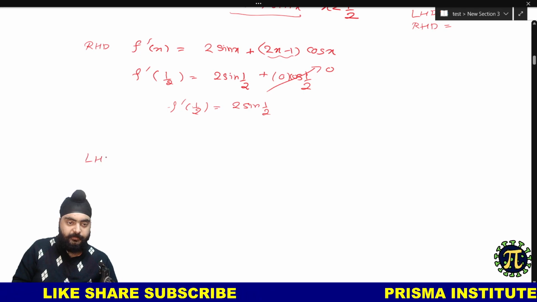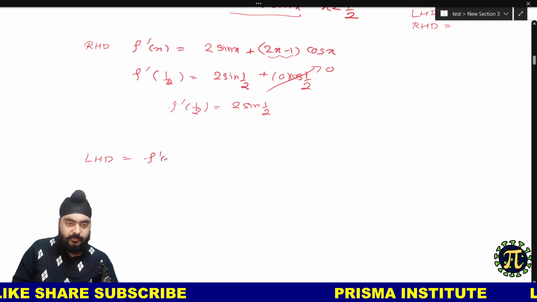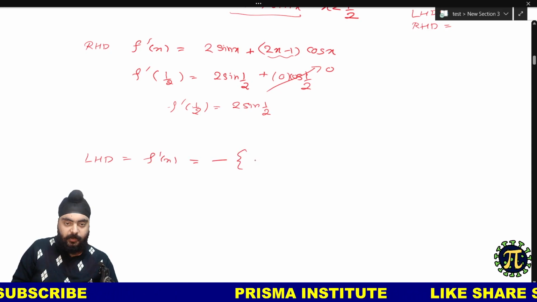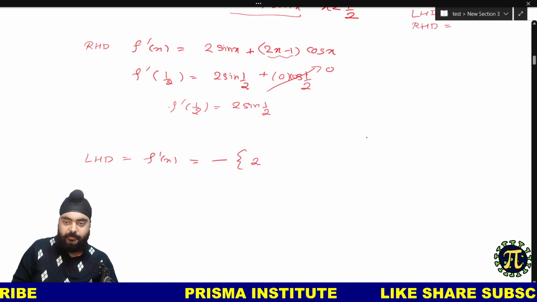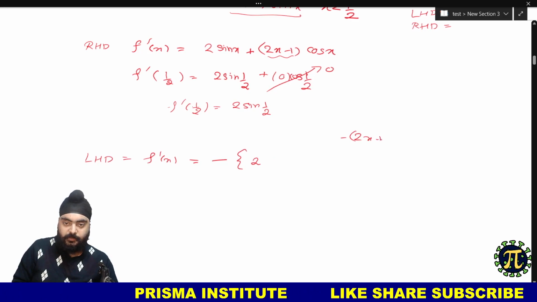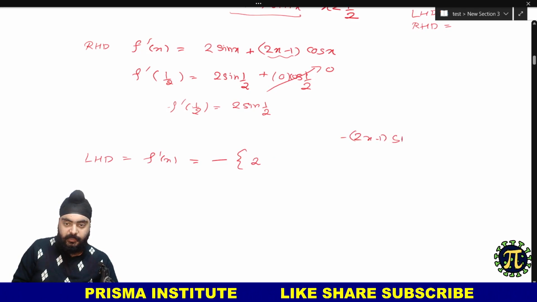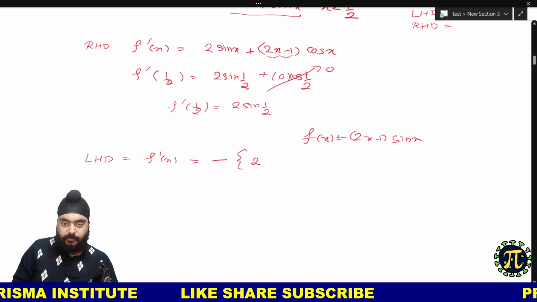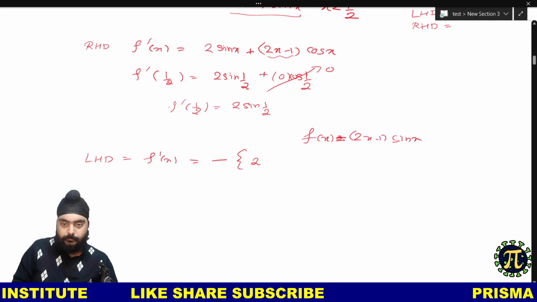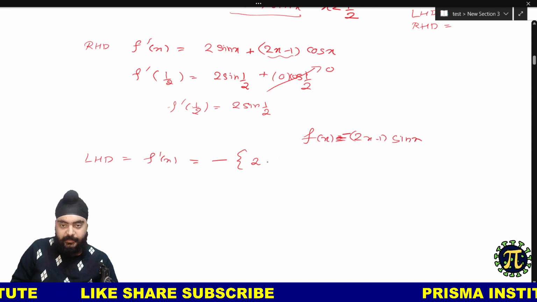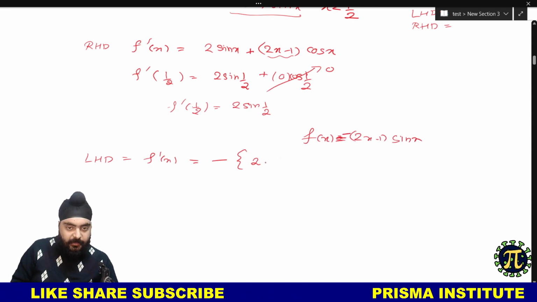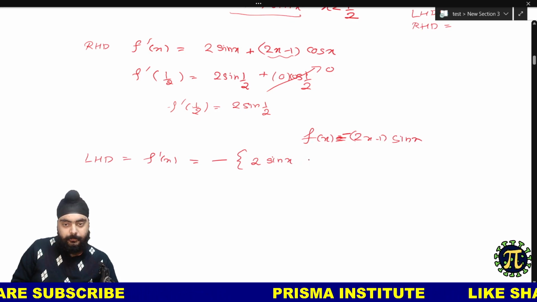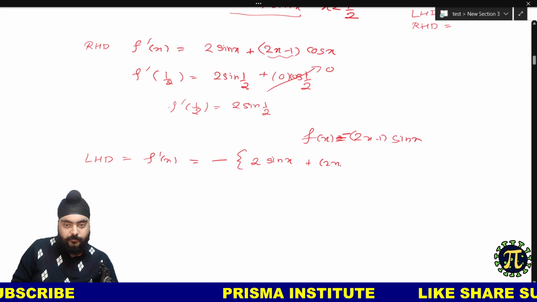So left hand derivative f dash x is, I will keep the minus outside, and we will get the same derivative, right? Minus of 2x minus 1 into sin x, this is fx for x greater than half, right? And I'll take the derivative of it. I'm keeping negative outside, so 2 into sin x plus 2x minus 1 into cos x,